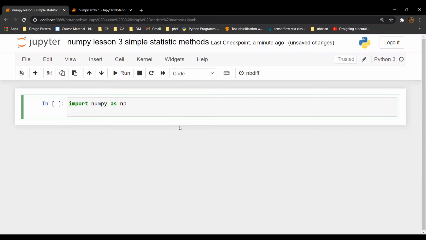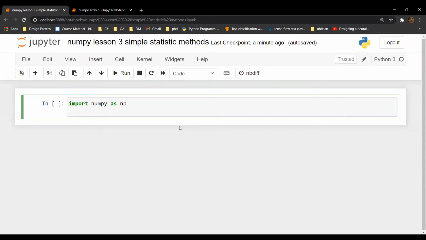So today, as we have already learned how we can subset and slice our NumPy arrays, certain simple statistical formulas can be applied on NumPy arrays, like mean, median, standard deviation, and some formulas like this. And also how we can combine two different arrays and how we can create results by comparing different arrays.